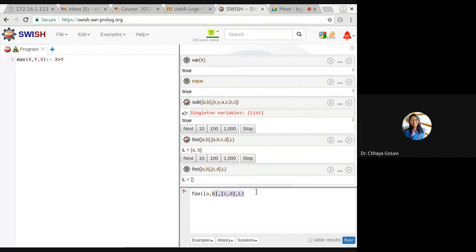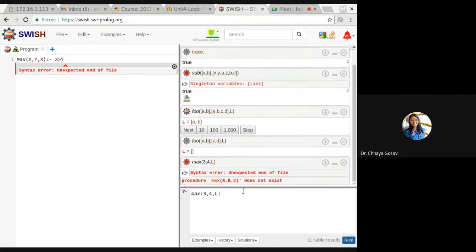So for that we have checked it with terms. Max, say 3 comma 4, and any variable, put here dot.